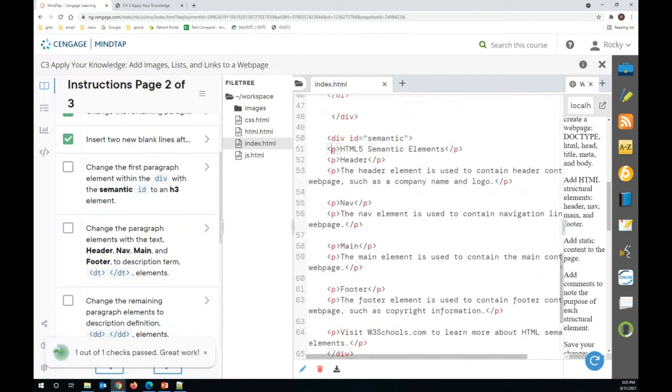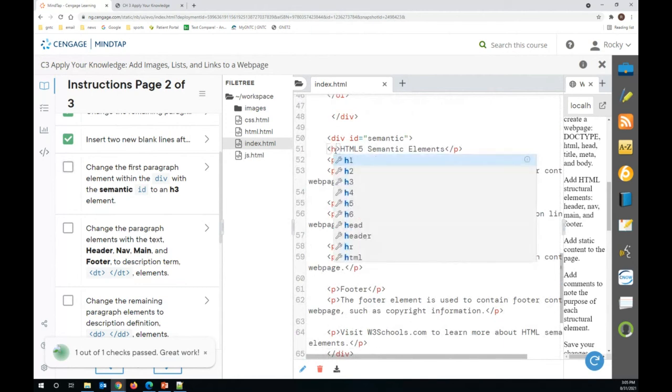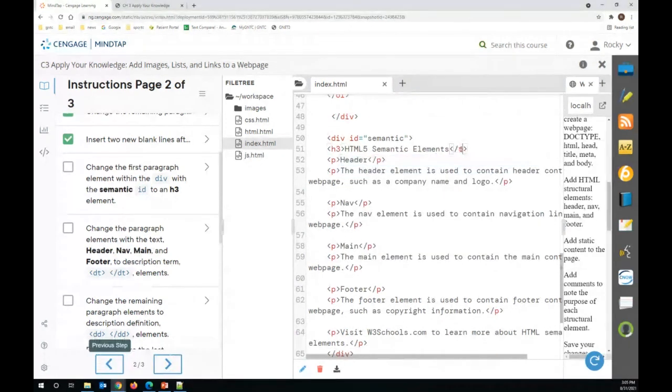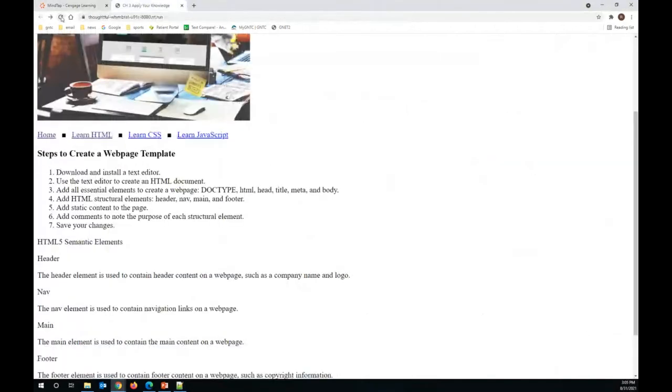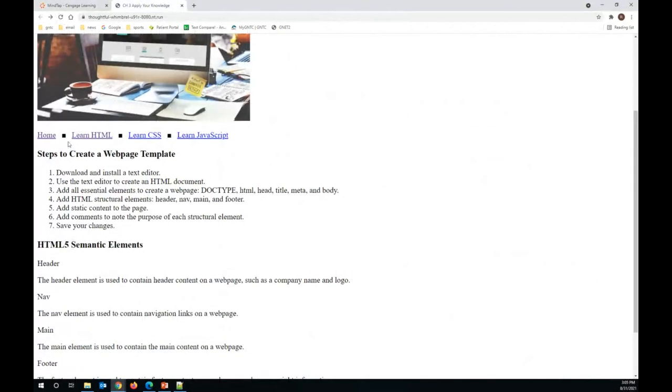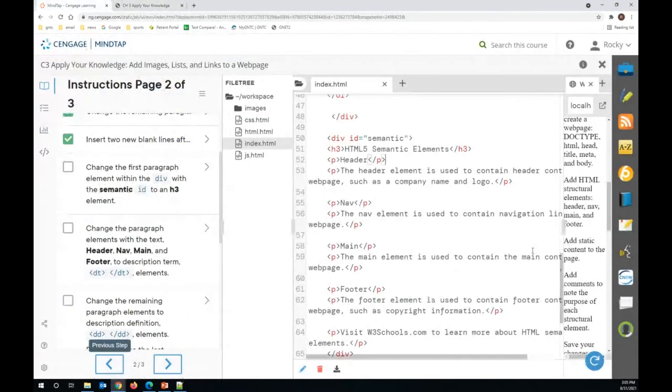Okay, so once again, I'm doing the same thing again. I'm going to change this to an H3. We'll see how it's changed over here. So now that my sections are broken up into different divs,